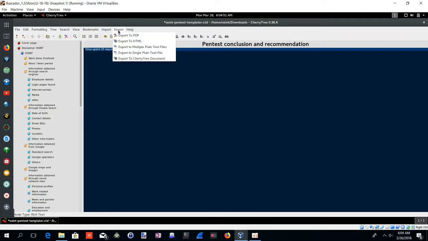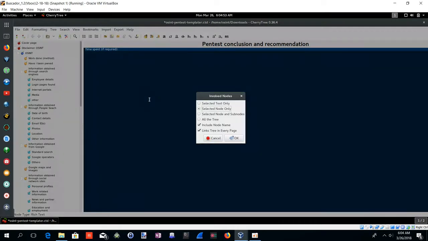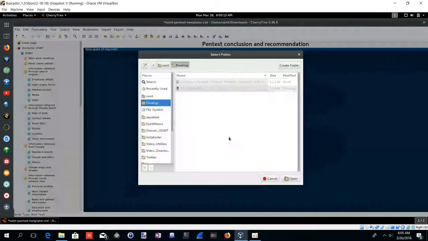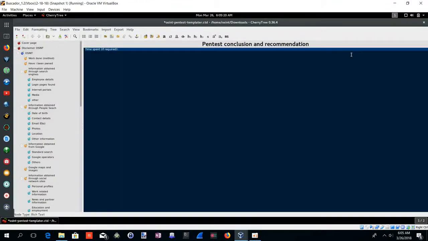But if we export to HTML, which is actually a better format, and here you could do text only, select node only. That's why the other one only showed the one page. Depending on if you want to show a preview or if you want to show everything. If you want to show everything, make sure you click this all the tree and click OK. Otherwise, you're only going to get a little section. Okay, let's put it on the desktop here. Make sure that